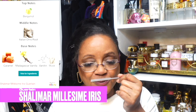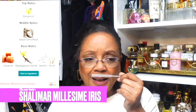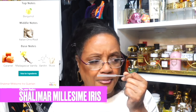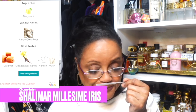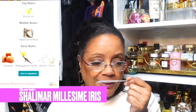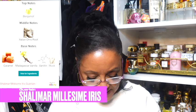There is that Guerlain vanilla in this. That's what it is. It is so unmistakable. It is sweet without being overbearing, overpowering. Iris is there, definitely coming in as a floral. I wouldn't say that it's coming in powdery at all. It's being supported by something else for sure. Just gorgeous. So guys, before I finish, I wanted to revisit the Shalimar Philtre de Parfum, like this one, because